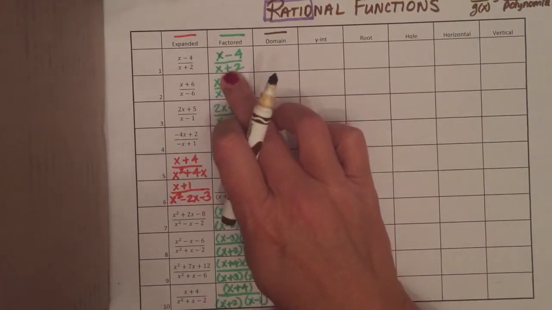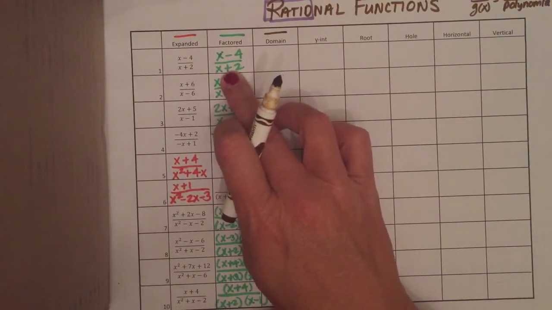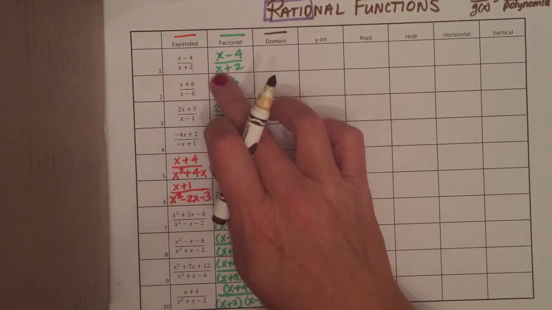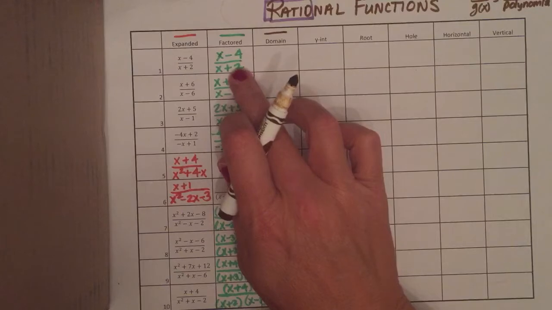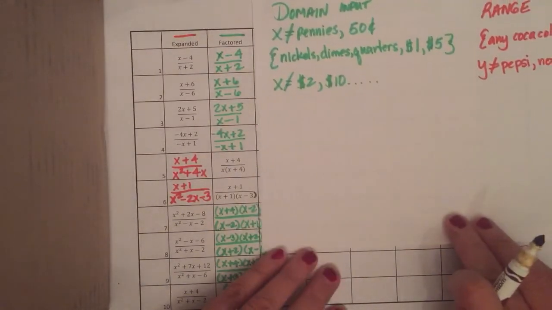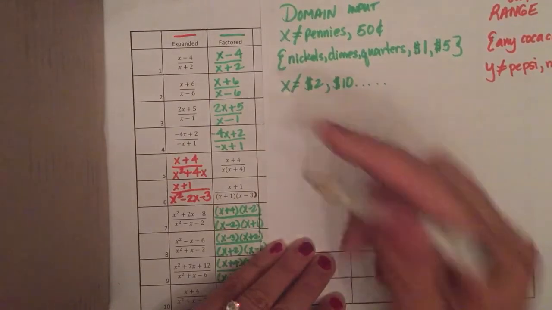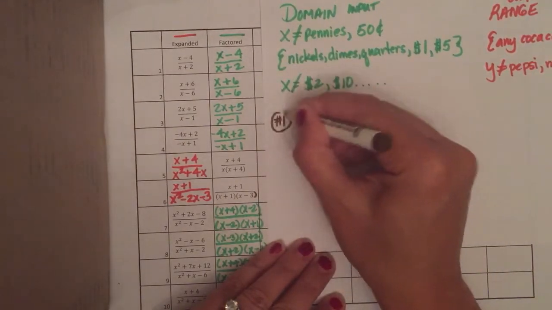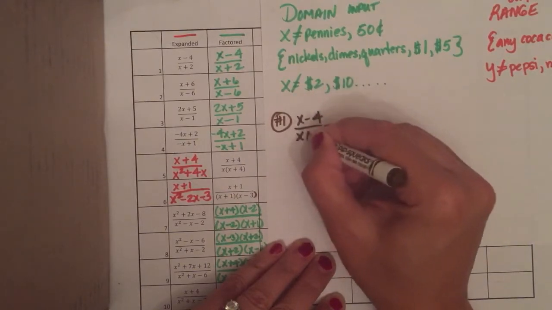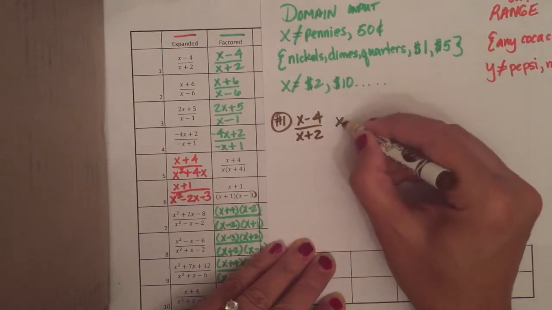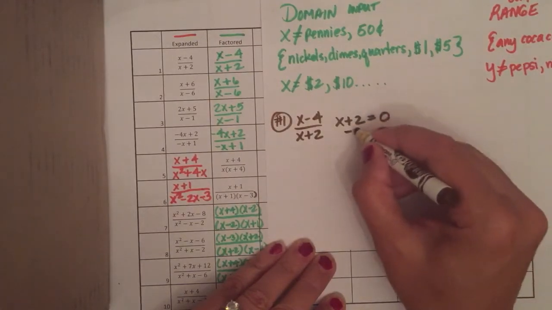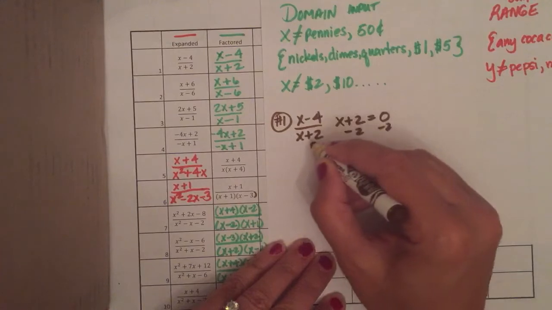Well, if you look here, the denominator of my fraction is x plus 2. If x is negative 2, that makes the denominator 0. So just to show you on number 1, if I have x minus 4 over x plus 2, the one thing I know is that x plus 2 cannot equal 0. If it does, that makes the denominator 0,